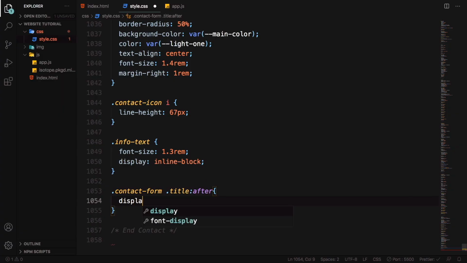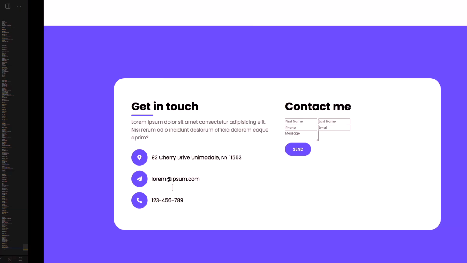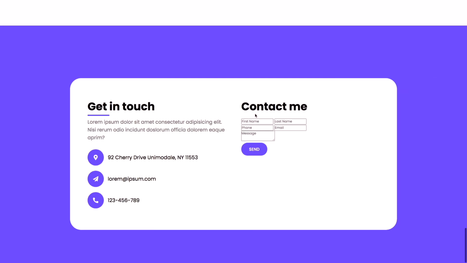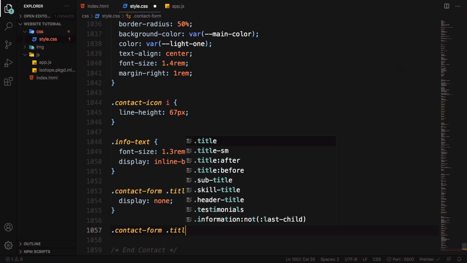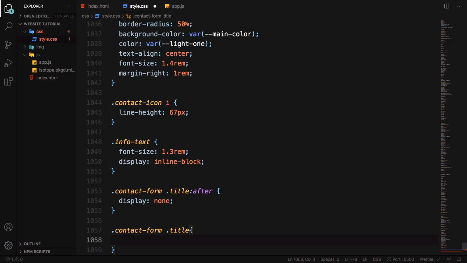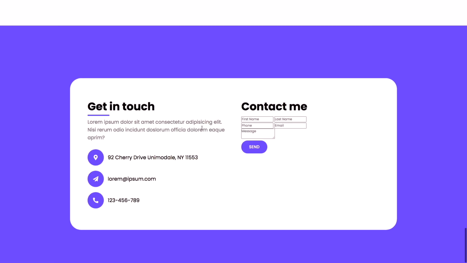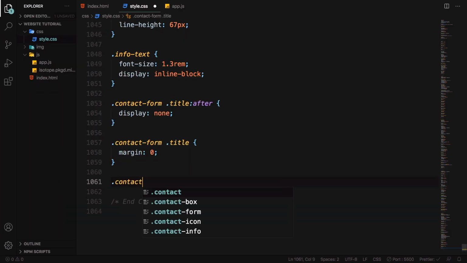Then inside of that, we're gonna set display to none. Save that, and now we don't have any more of that line under the title. Now we're gonna select the actual title. Then here I want to remove its margin by saying margin 0, like so. Great. After that, we're gonna select the row div,